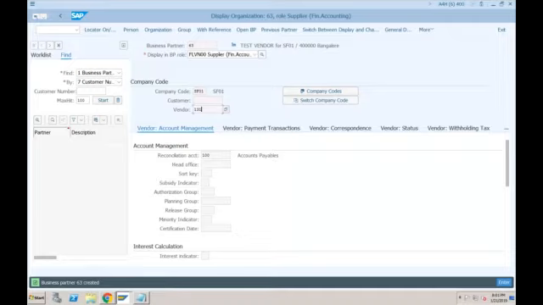Yes. So have you provided any vendor account group when we created a vendor? When we created a vendor just now, have you provided the vendor account group? Yes, no? We are not provided, right? We have not specified any vendor account group.